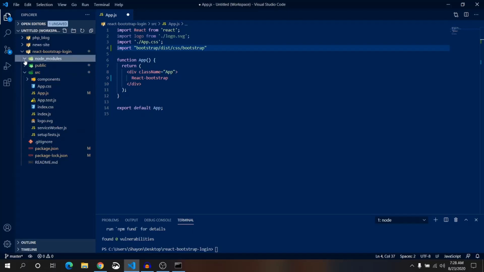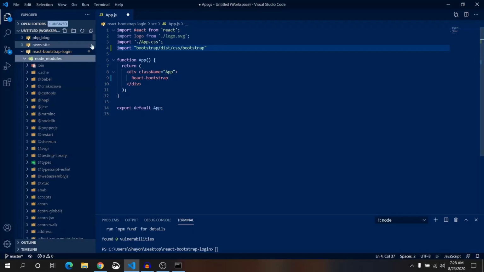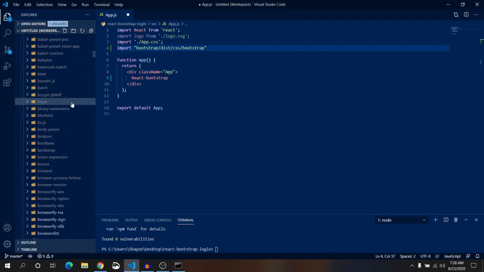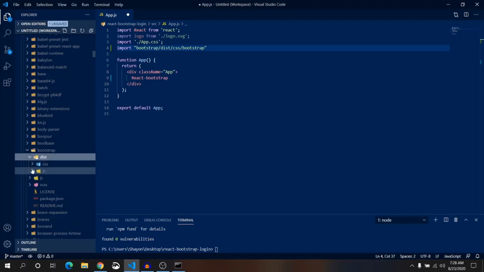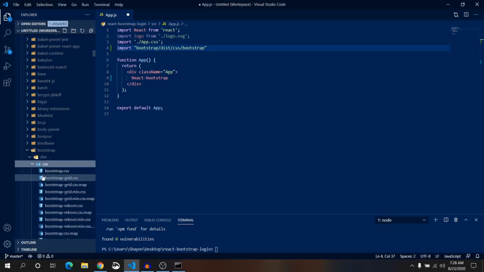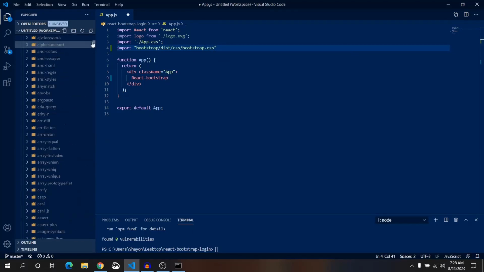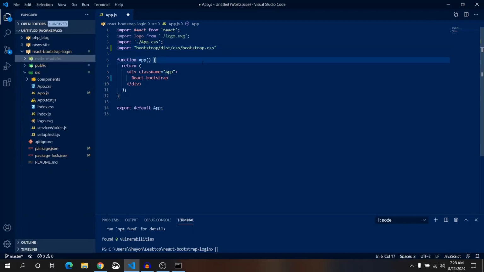In node module we have a folder of bootstrap. Let's check it out. Here it is. In bootstrap we have dist folder, css, bootstrap.css. There it is. Now let's close this node module things. We don't need anymore.